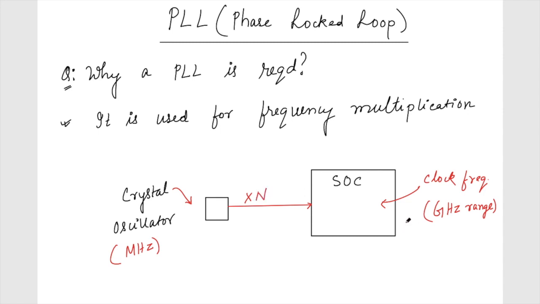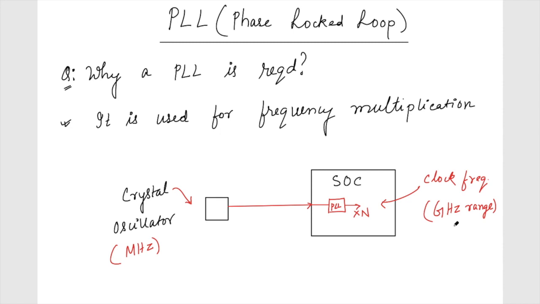The question that may arise is, why can't we generate gigahertz clock frequency itself? Why do we need a clock multiplier? Of course the multiplication doesn't happen outside. The multiplication happens inside the IC. There will be a PLL block here, which will multiply by n times. As I was mentioning, this n can be 1000 or more than 1000. So this is my PLL block. The clock that this PLL provides to the SoC, the digital circuits, will be multiplied by 1000 times. So why can't we